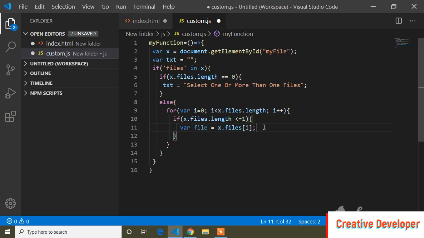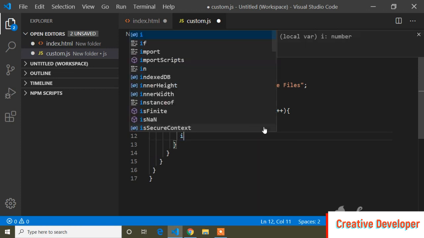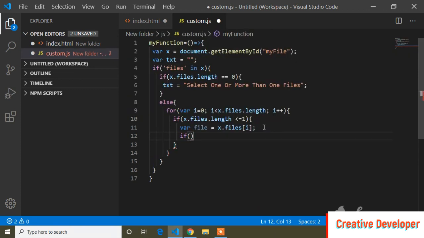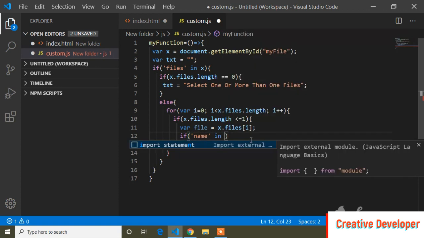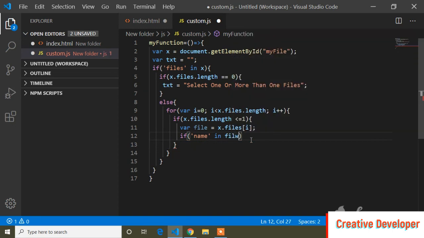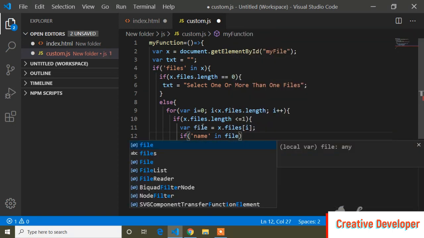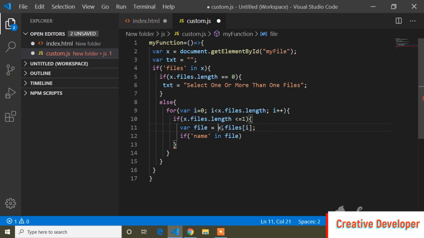And now here, if I'm uploading only one image, then I will print the name of the image. So I needed the name of the uploaded image, so I will call name in file, because I store the uploaded images inside this file variable.